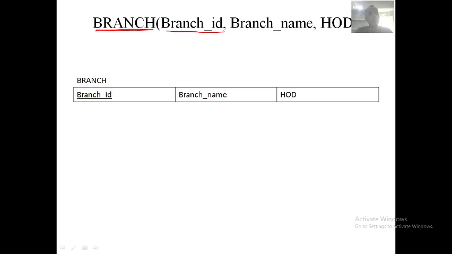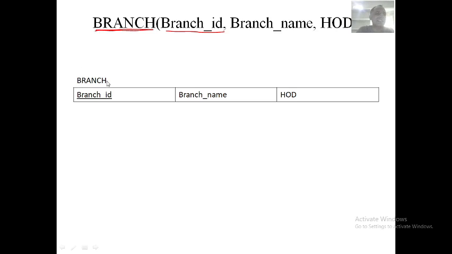Okay, now how to write the schema diagram for this? See here now, let me discuss this also. Now the schema diagram for this is, what is the table name? Branch is the table name.